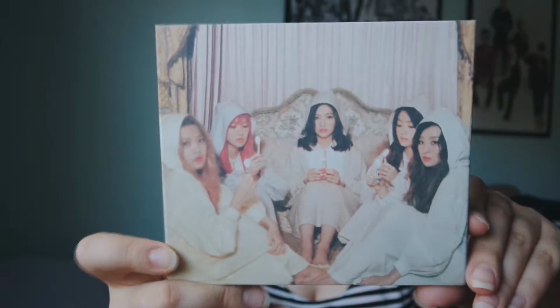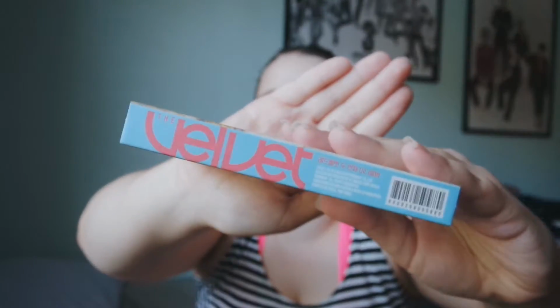It's just the track list and stuff, and it feels really matte, and you can see it's really matte as opposed to the Red, which, I understand the concept and how it's different and the opposite and everything, but seriously, this packaging again, I hate it. And the shiny new album also has this packaging, I hate it. Okay, so